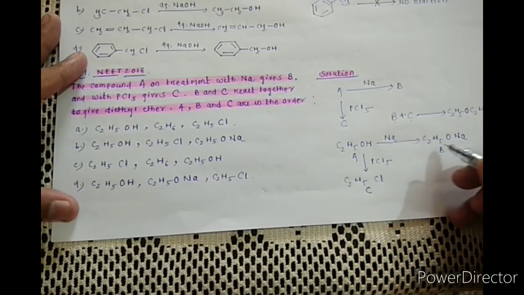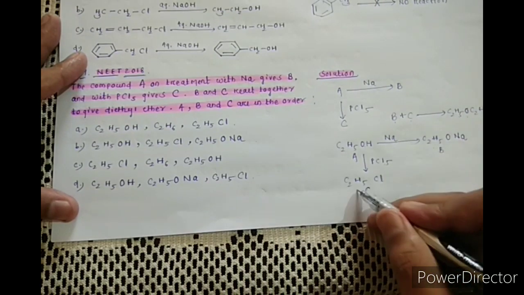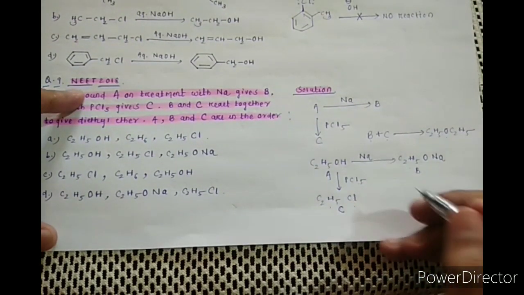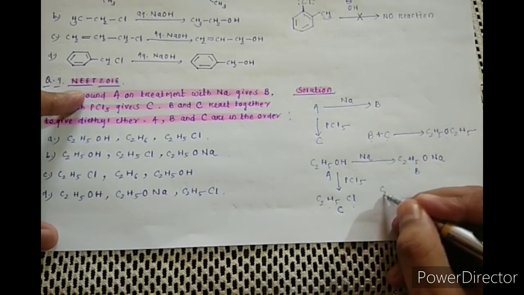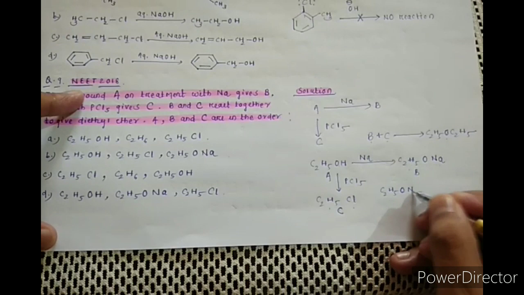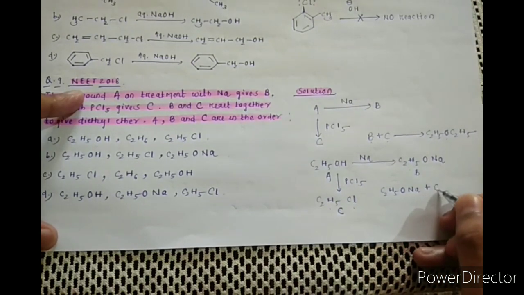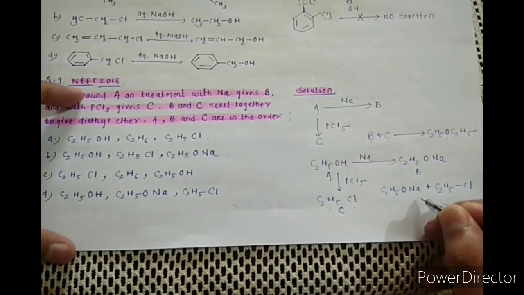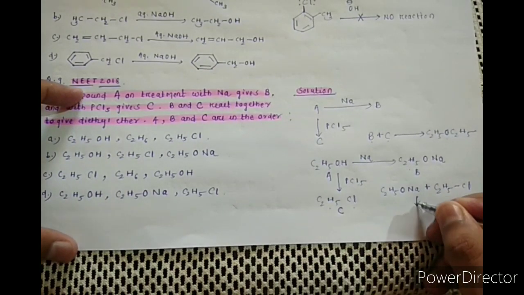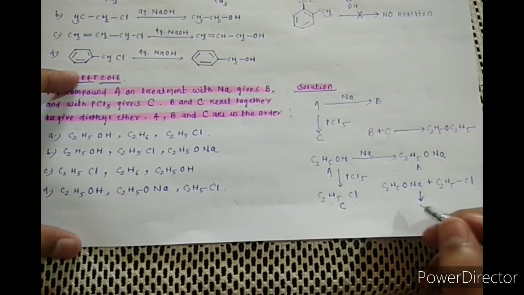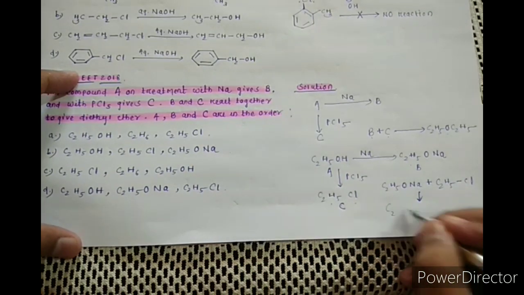Now this is which reaction? This is sodium alkoxide and this is ethyl chloride. This is Williamson ether synthesis. Now B is C2H5ONa, and when it reacts with C2H5Cl, what happened? An SN2 reaction is taking place, and this reaction is called Williamson ether synthesis, and here it will form